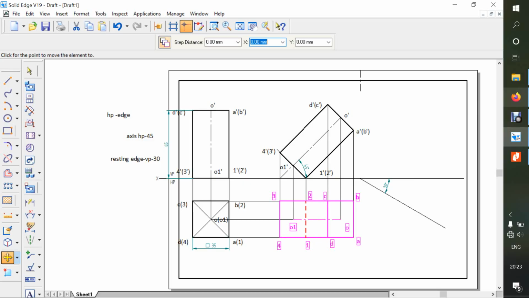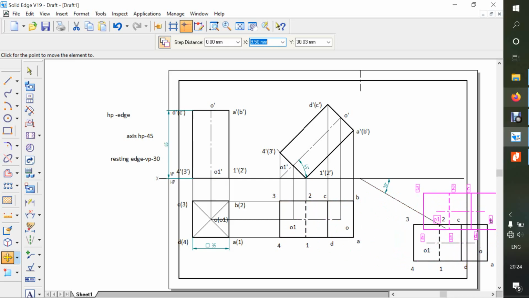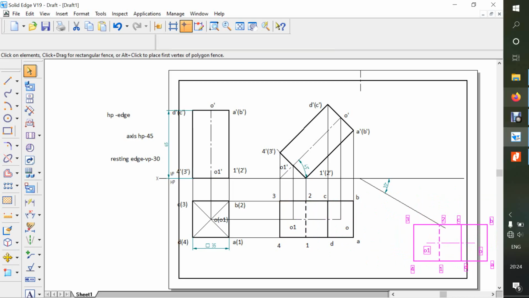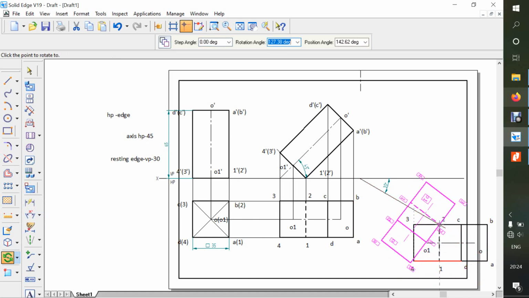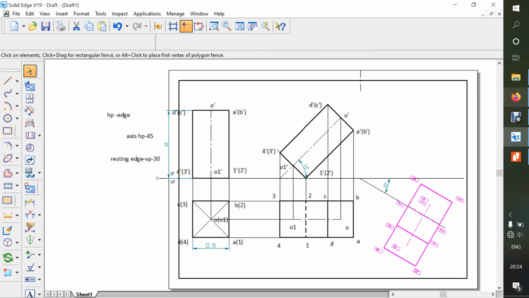So let me select 2 and place it here. Okay, once you place it here, let it be in pink color. Now you have to rotate in such a way that, with this 2 as a reference, you take 1 and place it like this. Okay, means 1 to 2 should be on the 30 degree line.